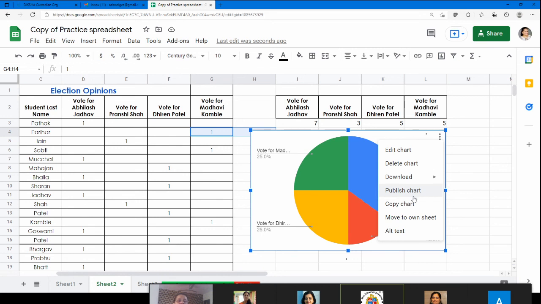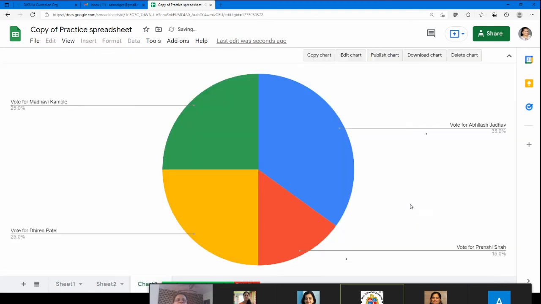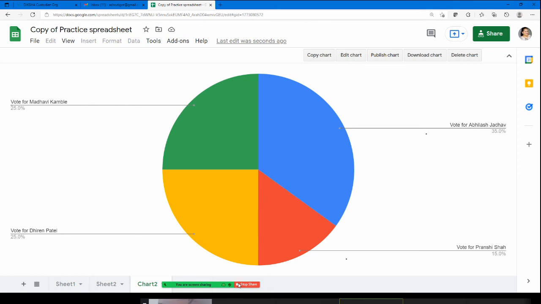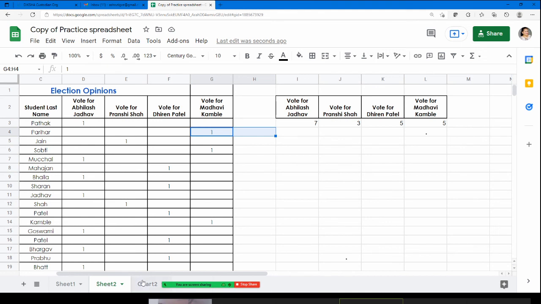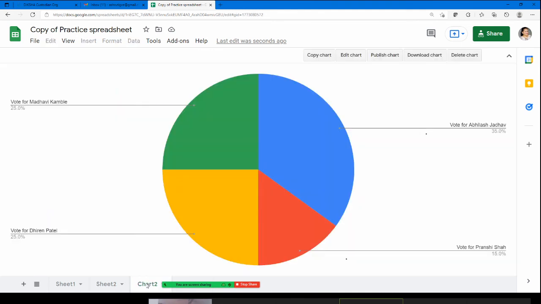You can also move it to its own sheet. So when you move it to its own sheet, you will see here that I've got a new sheet here, chart. This is sheet 2. The chart is not there. It has moved to chart, its own sheet. So this is about spreadsheets. This is how you can make use of spreadsheets.